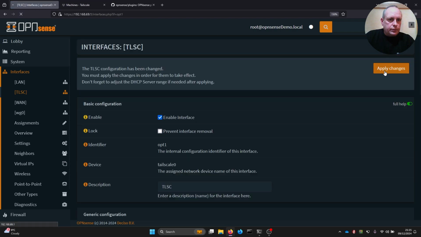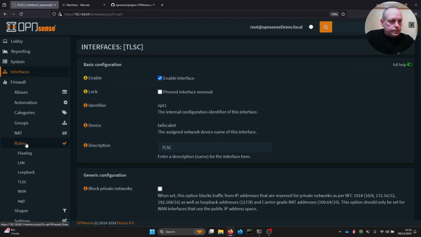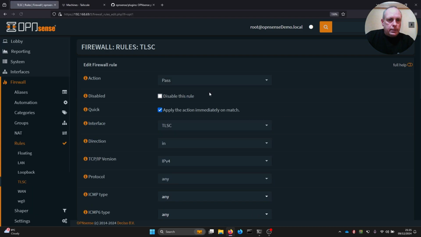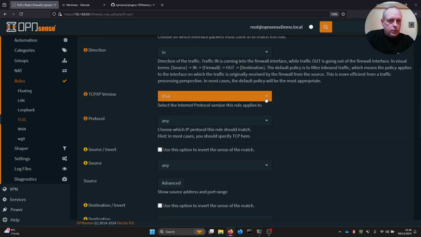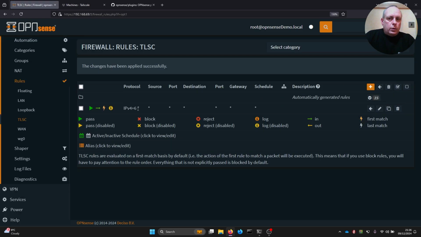Apply those changes. Once those changes have been applied, we can now go into firewall, rules, and our Tailscale interface. We want to add a rule here. So I'm going to add a pass rule in IPv4. We can set that to IPv4 and 6, and apply that. So all we've done there is basically add a rule that allows OPNsense to talk properly to